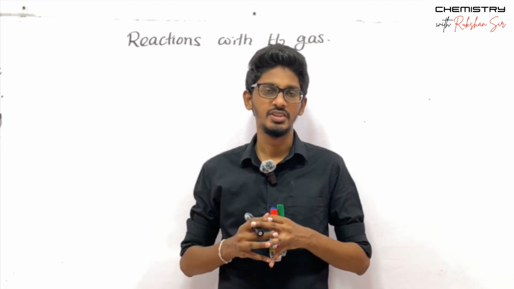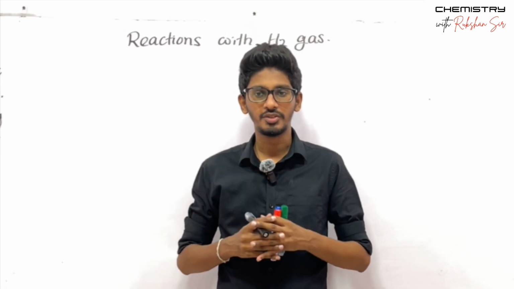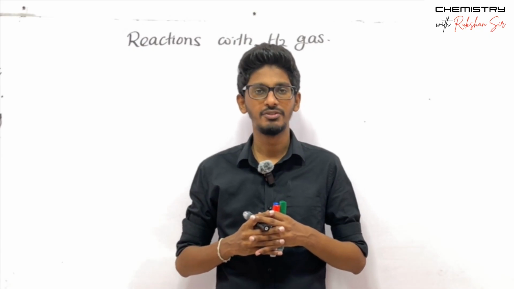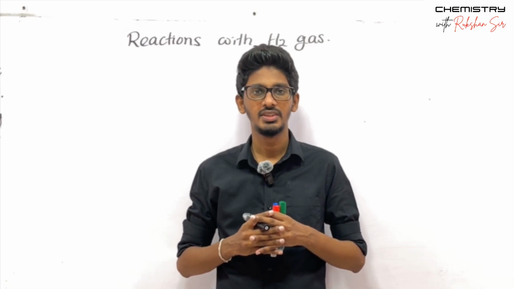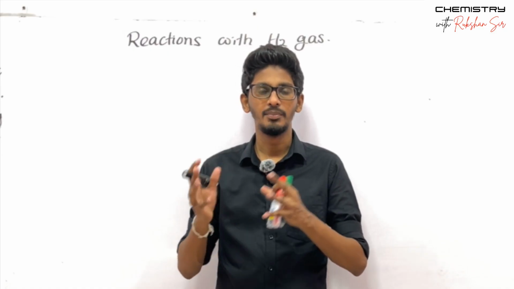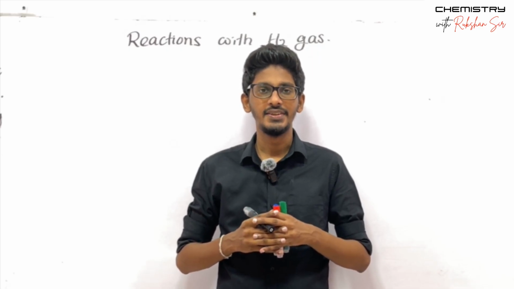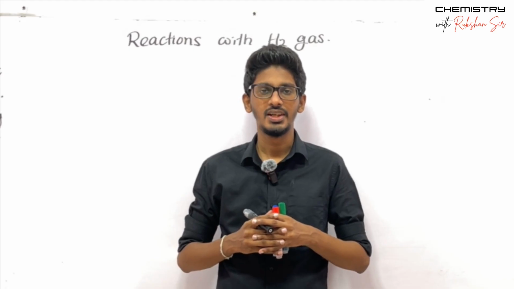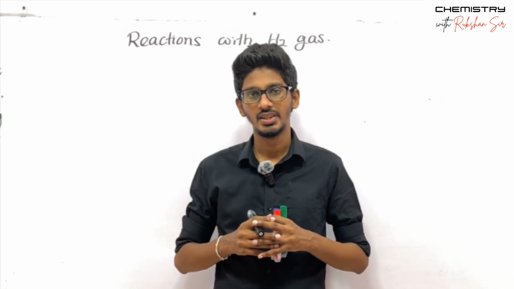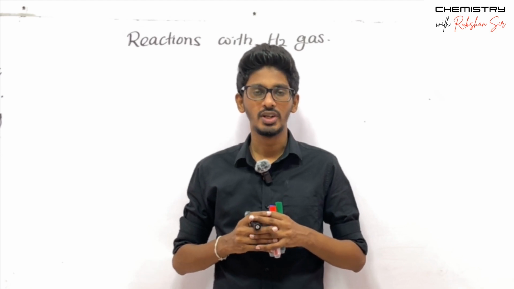If s block metals react with O2 gas, those will produce the oxides, oxygen's monoatomic anionic form, the O2 minus. When they react with N2 gas, they will come up as nitrides, nitrogen's monoatomic form, the N3 minus. Like that, when s block elements react with H2 gas, those will come up as hydrides, hydrogen's monoatomic anion,